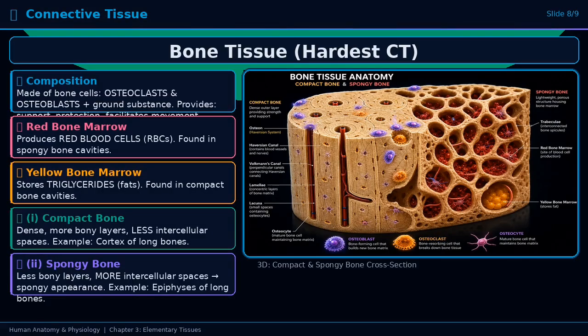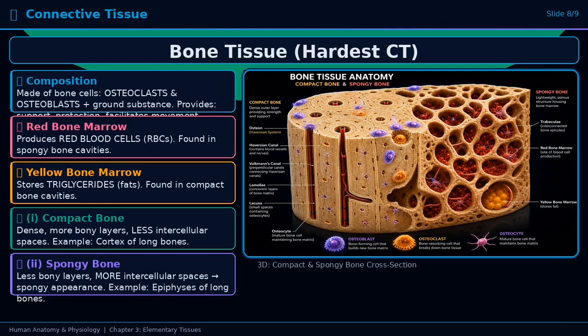Bone is the hardest of all connective tissues. It is made up of bone cells, osteoclasts and osteoblasts, and ground substance. Bone tissue provides support and protection, contains red bone marrow that produces red blood cells, and yellow bone marrow that stores triglycerides. It facilitates movement. There are 2 types,